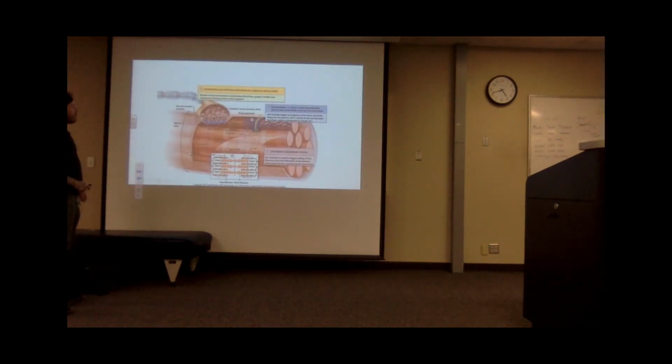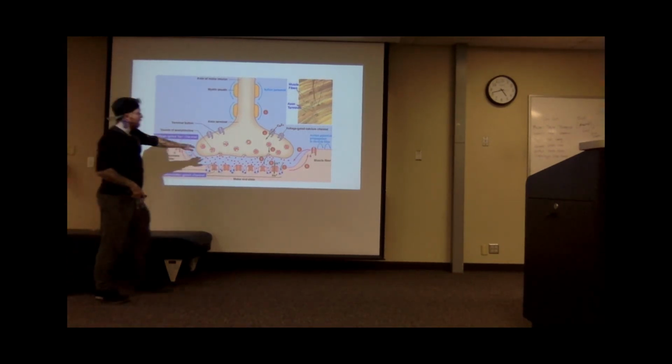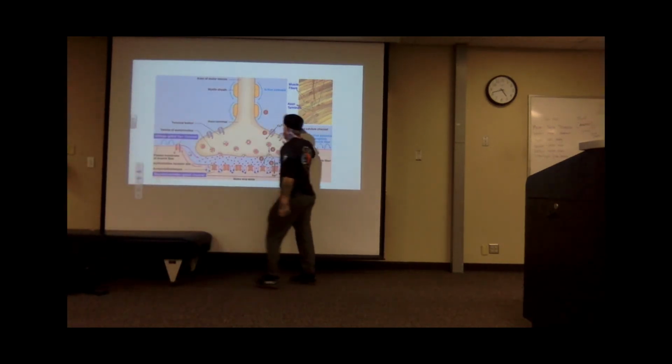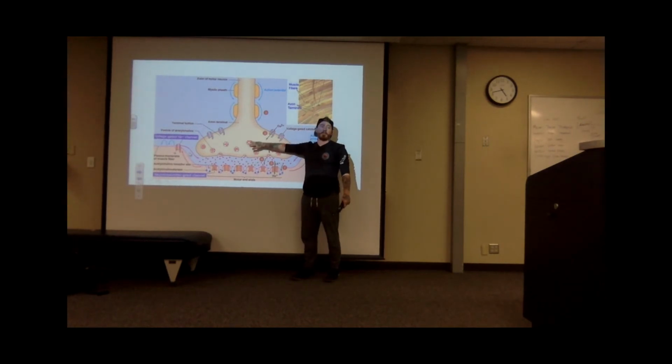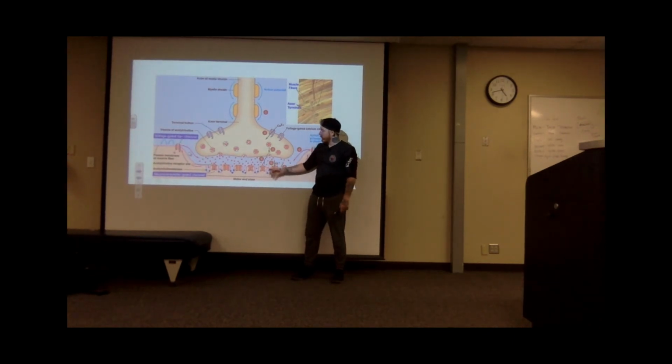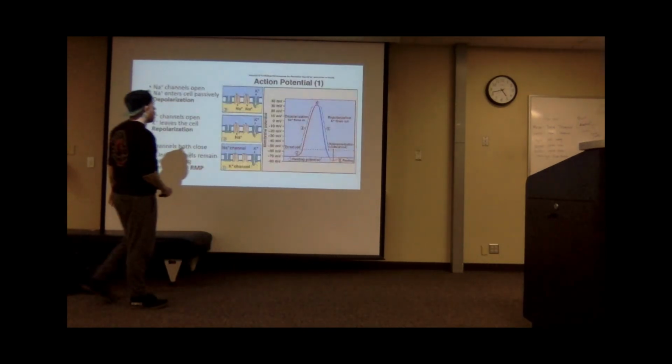We kind of bounced around in order, but you have the depolarization within the neuron that spreads down. That's going to trigger our voltage-gated calcium channels. Calcium is going to come in and stimulate our vesicles to migrate to the plasma membrane. Once they're at the plasma membrane, acetylcholine comes out into the synapse. Acetylcholine is going to bind to our ligand-gated sodium channels, which open and sodium rushes in. That sodium is going to depolarize